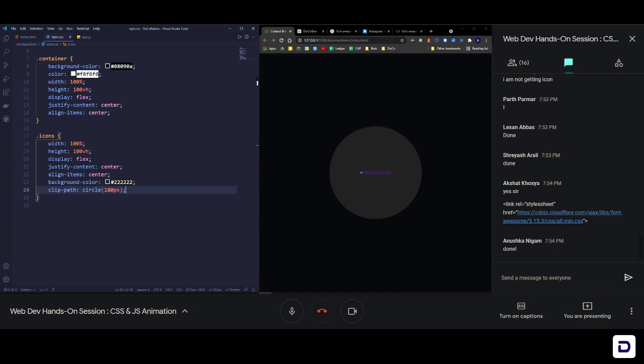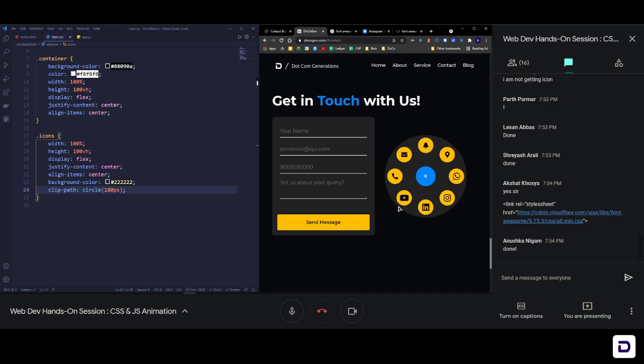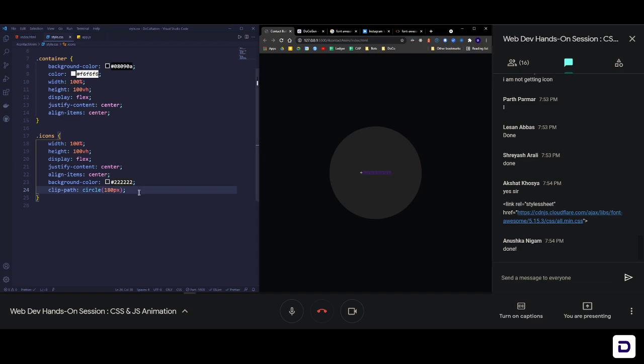So first of all, we are just making the end product, no animation, nothing. We are just trying to achieve this style: the whole circle open, the small blue button in between with the X, the plus icon turned 45 degrees to make an X, and then all of these icons. First we make this, and then we'll focus on animating it to open and close. We'll do that at the end with JavaScript, but right now we are just making the whole final product, how it is going to look through CSS, because this is the main concept of animation.